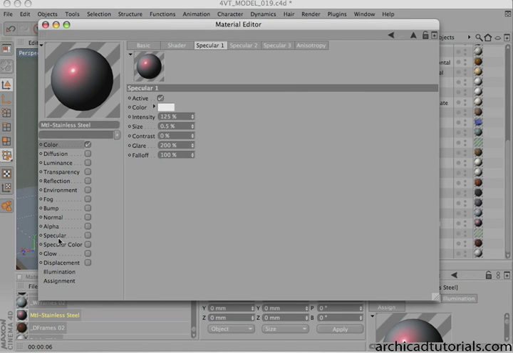There are 3 different specular channels that you can work with. This is where I would turn this off and just use the internal ones. The first specular color is set to white. Intensity, size, contrast, glare and fall off. These are things you can always experiment with, and if you turn it off you can see the effect that